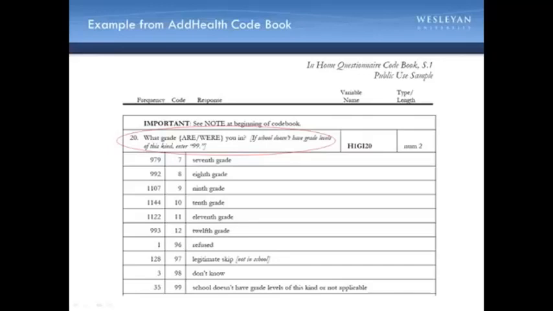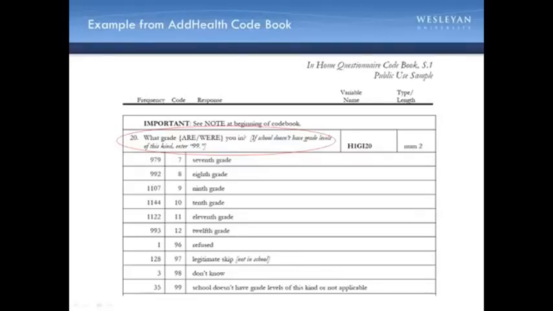Aside from including a listing or description of the response options for the variable, the codebook will also include corresponding values that can be found in the dataset. As we saw previously with the medical records dataset example, datasets typically include numbers rather than words. So for categorical variables such as grade level, each of the response options has a corresponding numeric value, and it is that numeric value that can be found in the dataset.